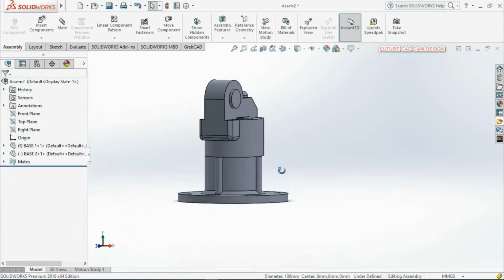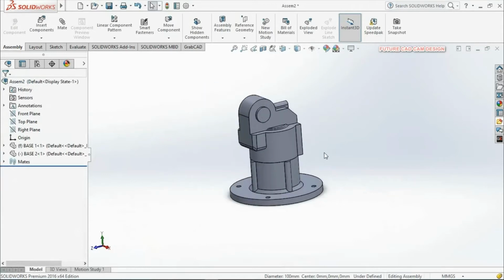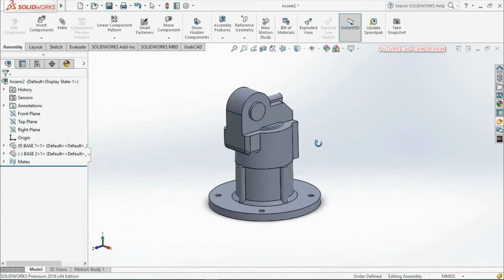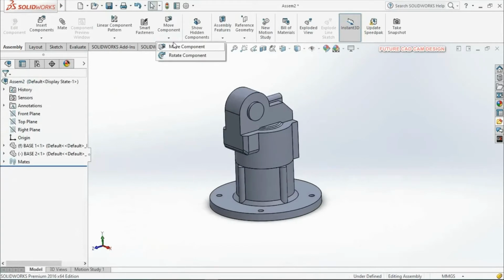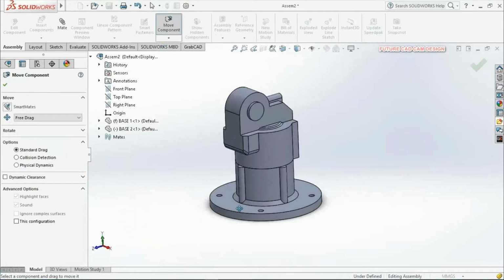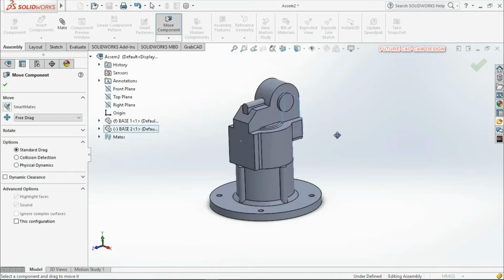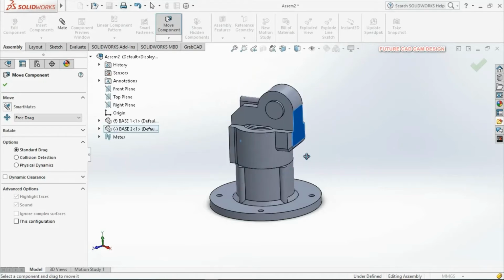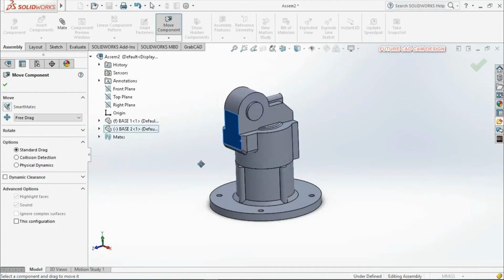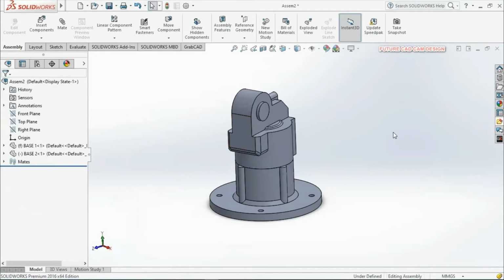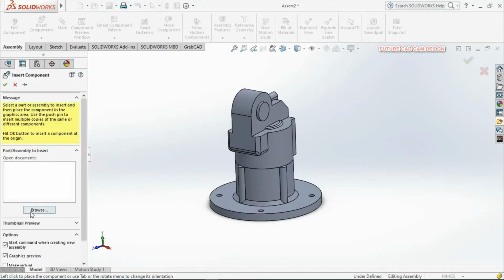We can check whether our component is constrained, I mean assembled correctly or not, based upon the degree of freedom. So here we have the move option and rotate component option. You can click this one. The first component we have fixed in place, and for the second component we have only given the coincident. So here you can see the second component is now only moving in one direction. It will not move up and down; we have only given rotational degree of freedom. Okay. So again, insert the next component.